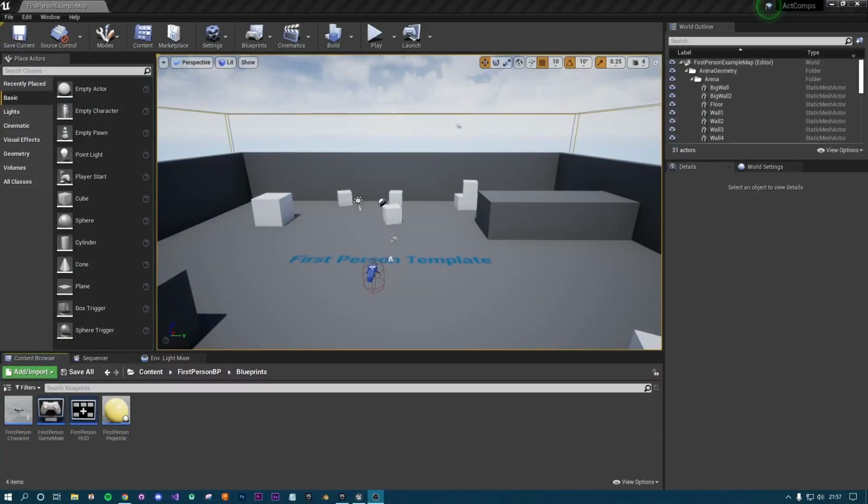In this week's video, we're going to look at something slightly different. We're going to be looking at actor components. An actor component is pretty useful actually. It's pretty cool. Essentially, what it is,